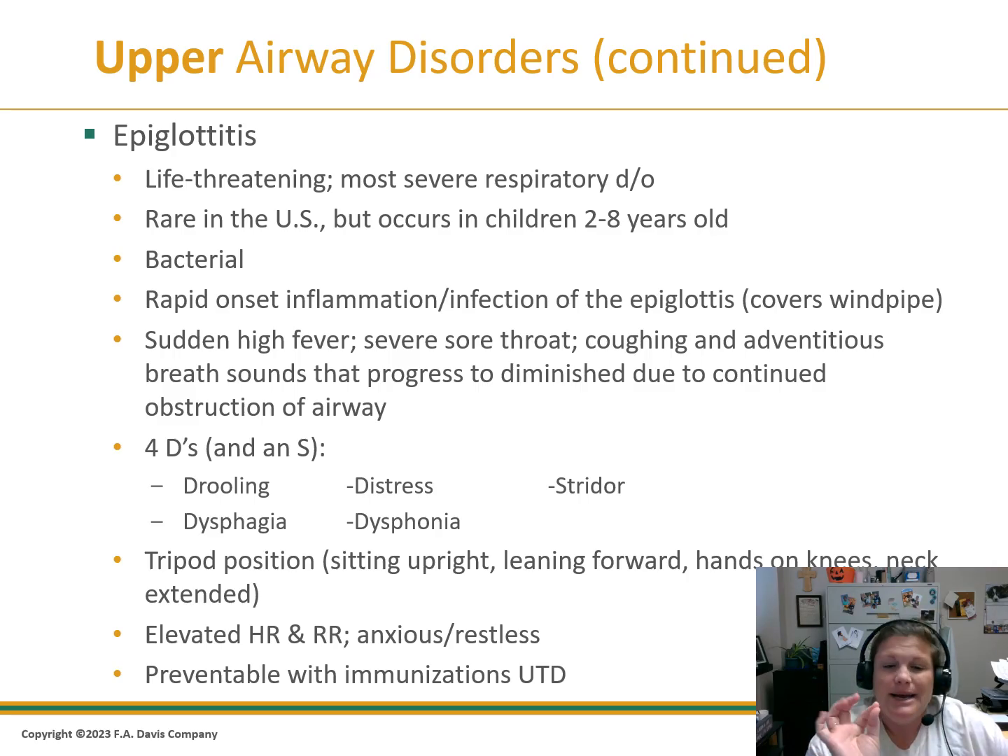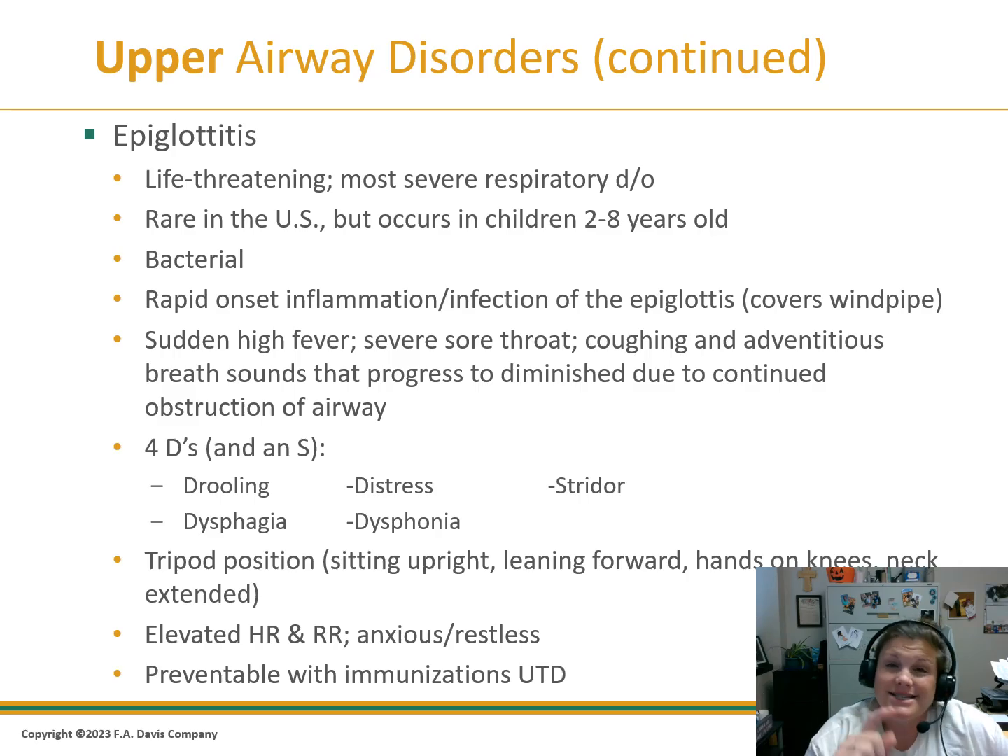Those things I just listed, plus the 4 Ds and an S. It talks about the 4 Ds in your book, so we're going to call it the 4 Ds and an S. The 4 Ds are drooling, so they are having secretion production that they are not able to swallow, so they're drooling. Dysphagia, which is difficulty swallowing. Distress, which we know has many forms of presentation, but would be distress of the respiratory system or function. Dysphonia, which is an alteration in sound, like their vocal sound. And then stridor, which is the lung sound where we hear the high pitch, almost like a wheeze, but it's with inspiration due to